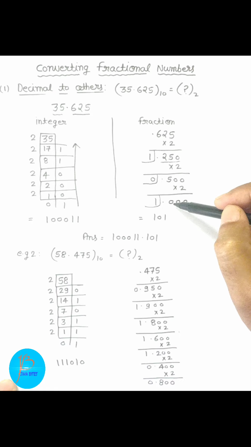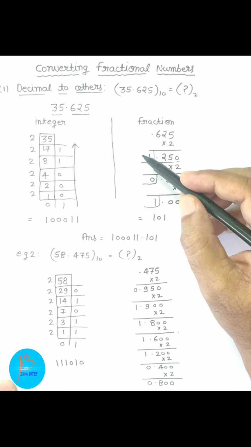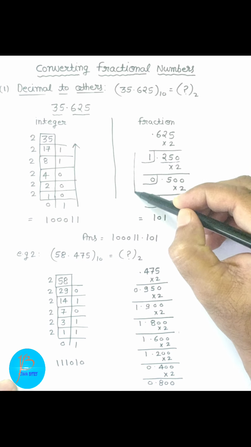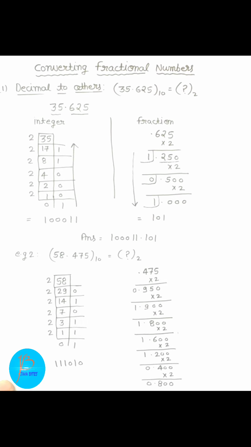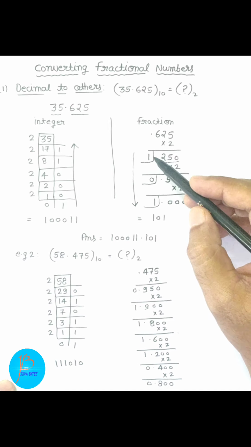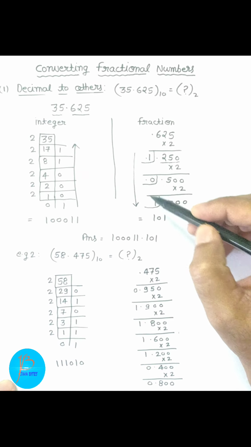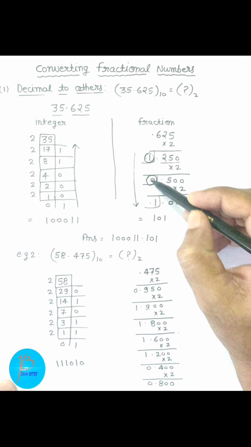Okay, and when it turns to 0, your calculation will stop. Now what you have to do, children, is copy down all these integers which you have marked separately, from top to bottom order. See, the first is 1, then 0, then 1. So these three values you will mark from top to bottom as 1 0 1.